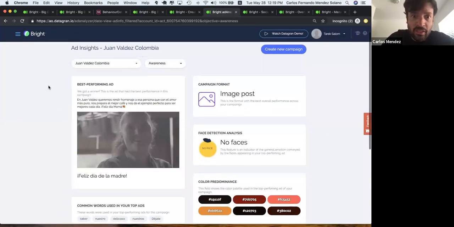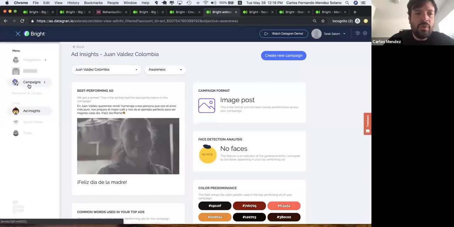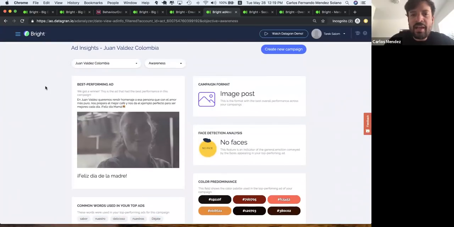Then another really powerful tool that we have is called Ad Insights. So after you create your Facebook or Google campaigns, you can go to Ad Insights, where you can see it here. And we analyze all of the different creative assets that you uploaded to your campaigns.